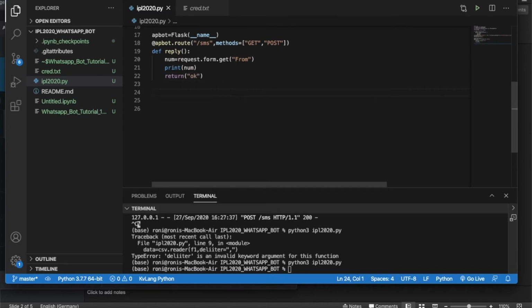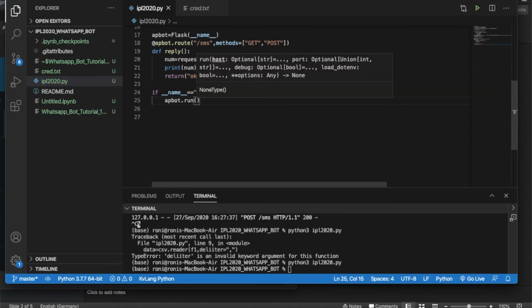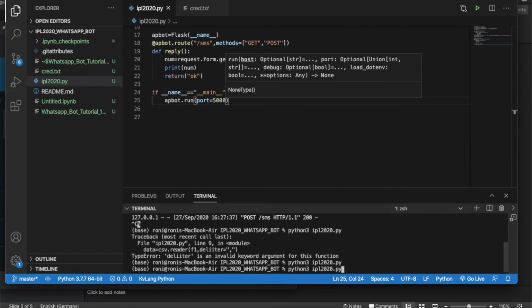And let's create an if __name__ equals main, then appbot dot run, like this. So it means if I am running everything from the main method, it is going to run. And you can write port equals 5000.